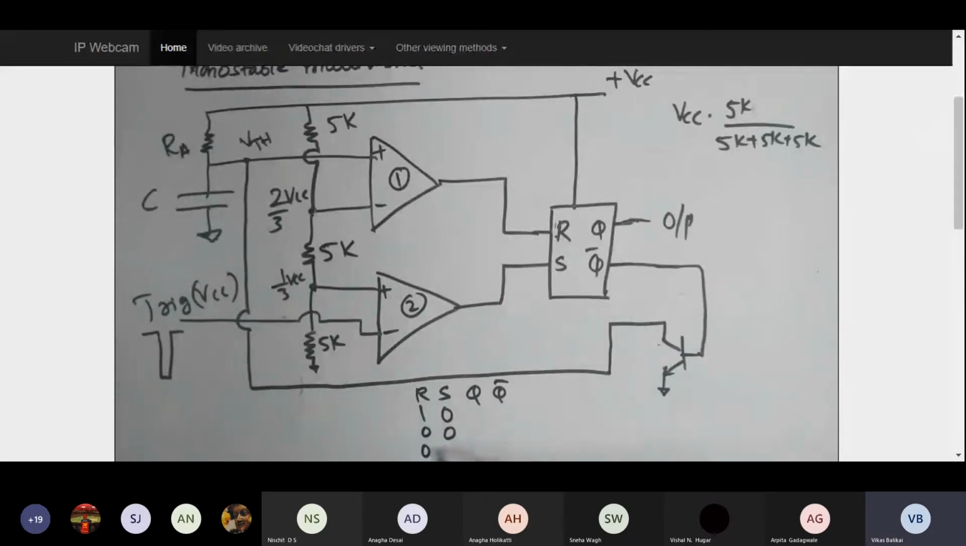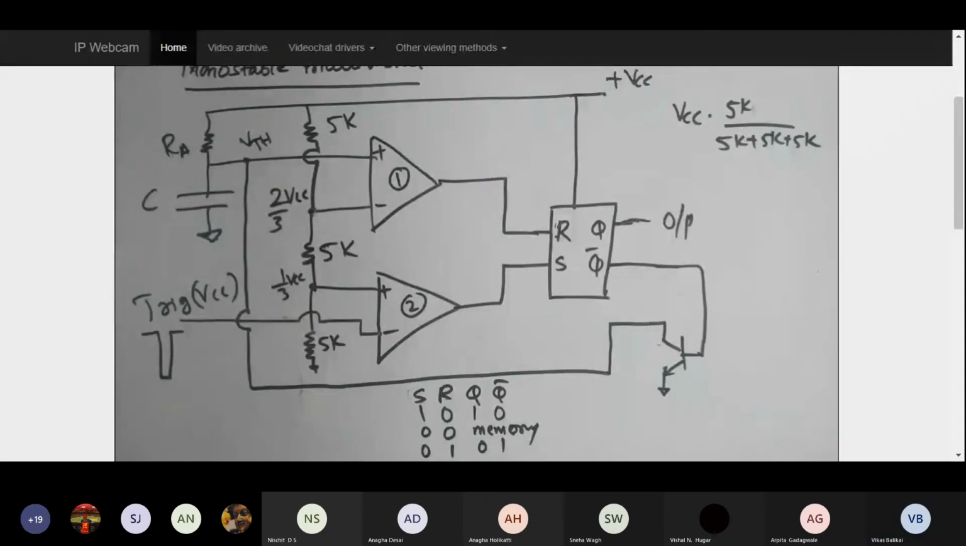So I'm going to give you three values: for S equal to 1, R equal to 0, Q is 1, 0. For the 0, 0 state, it will retain the previous value. So that is my memory state. And for the 0, 1 state, it will again give a value of 0, 1. And for 1, 1, it will be